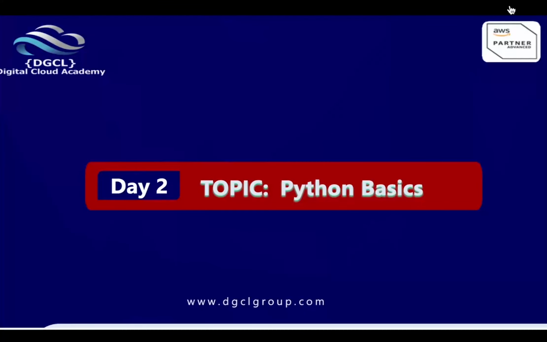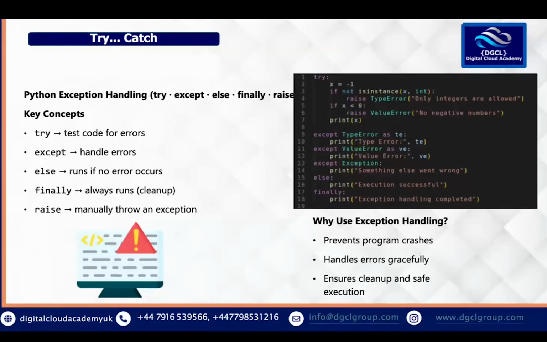This is our second day of Python basics. So today we want to do Python. We are starting from Python exception handling, like handling of errors. So yeah,